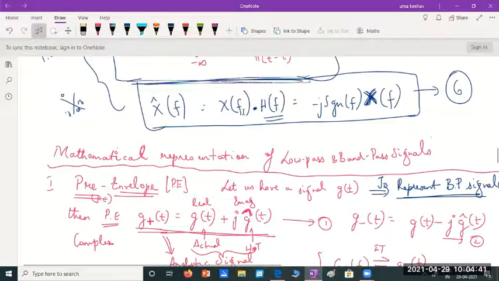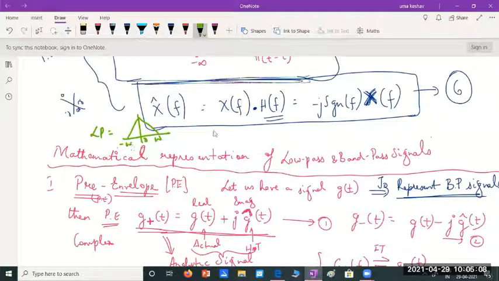Before this, we actually spoke about what a low pass signal is: a signal which lies in the vicinity of zero frequency, very often including the zero frequency, is known as a low pass signal. Low pass is something which looks like this, which includes zero and signals close to zero, and a band pass signal is something which lies at a higher frequency, usually known as the carrier frequency.